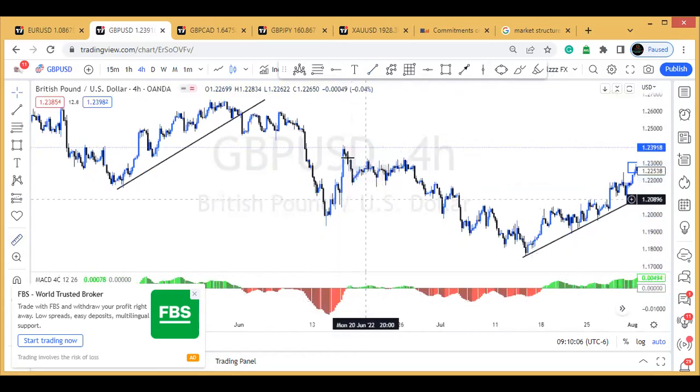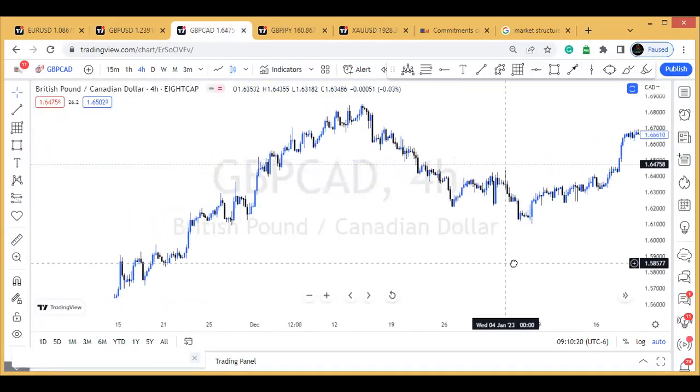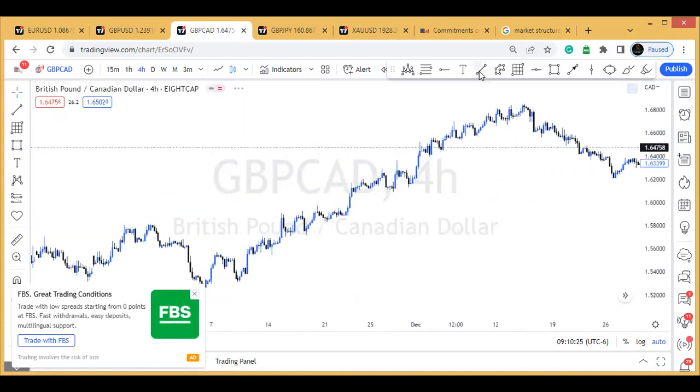637 pips. Now let me take you to another pair, because I like to show different examples. Let me go to GBP/USD. I just left GBP/USD. This is a trend. It's actually a trend